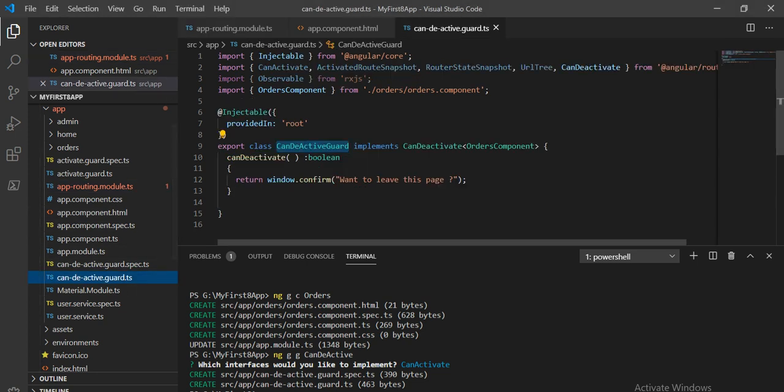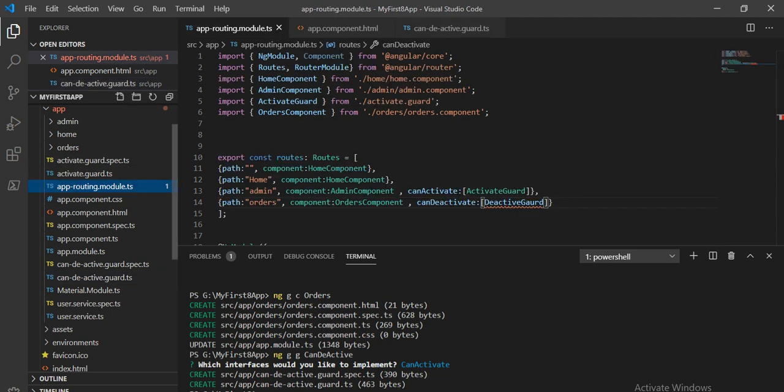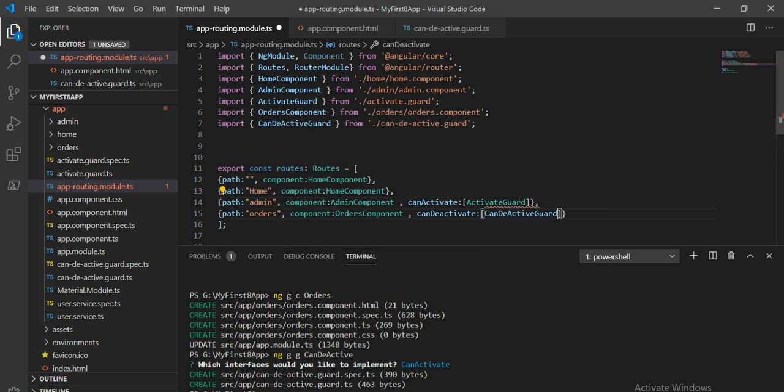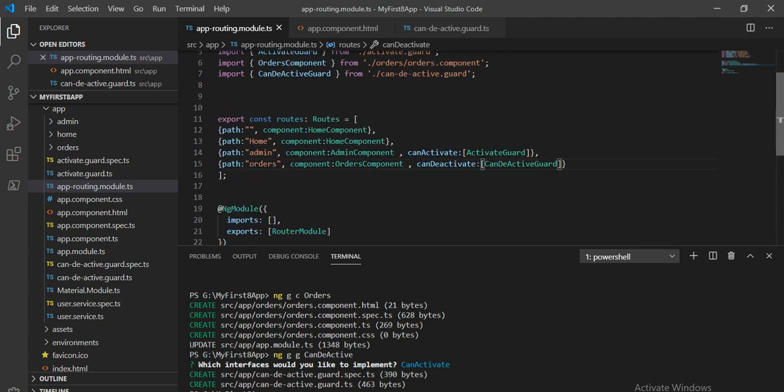I will copy it from here, because we are going to implement it over that path, and we have to implement it under this route module as well.